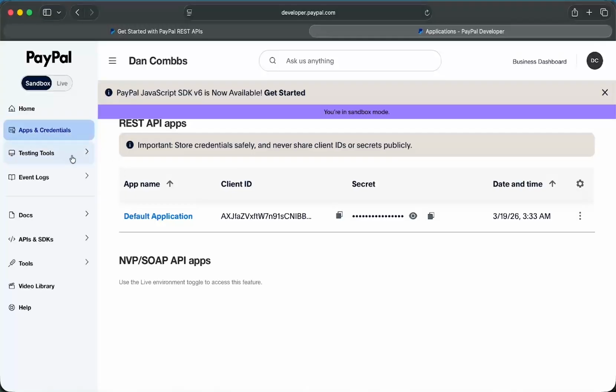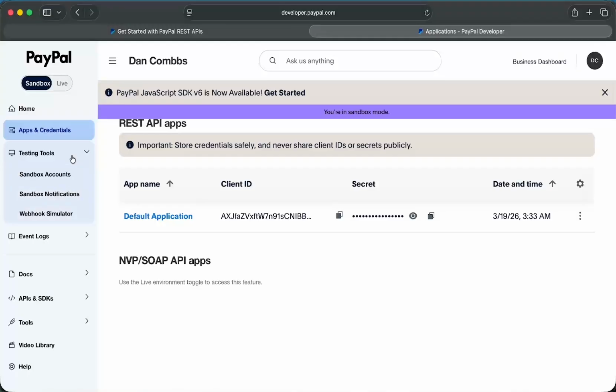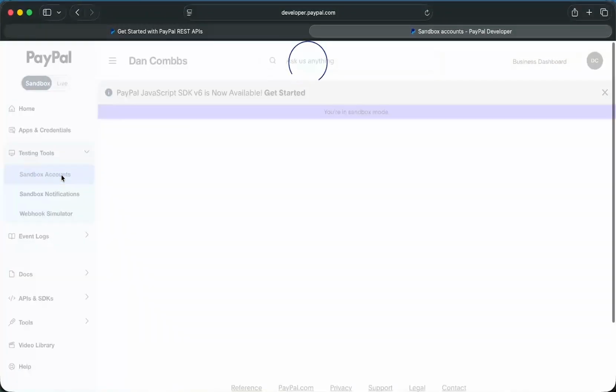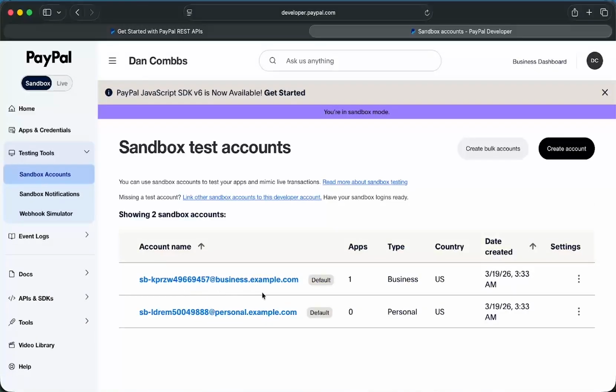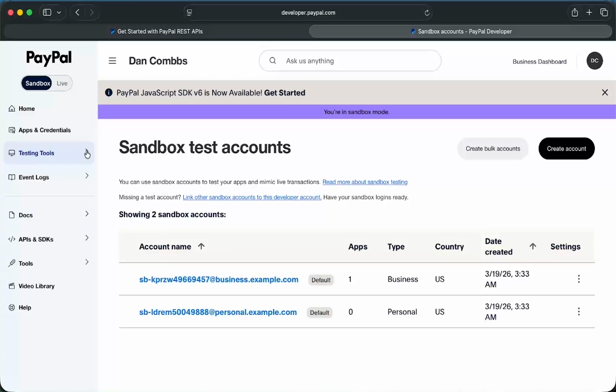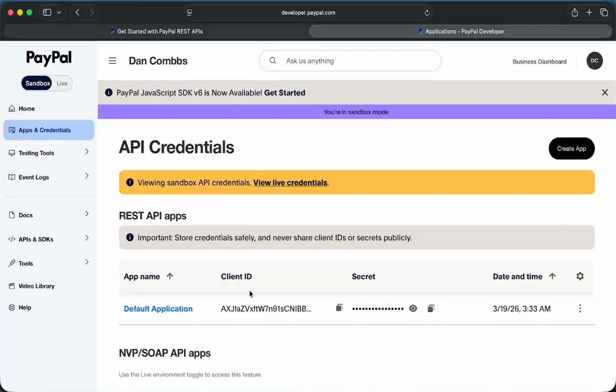Once we have done that and connected our app and everything on our app is working fine, we can also go to this sandbox account, and there we have the business account. This is the personal account that you can use to make the buy request or buy something from your app. We'll get to all that later, but right now, if you have created your business account and you have the secret and the client ID,